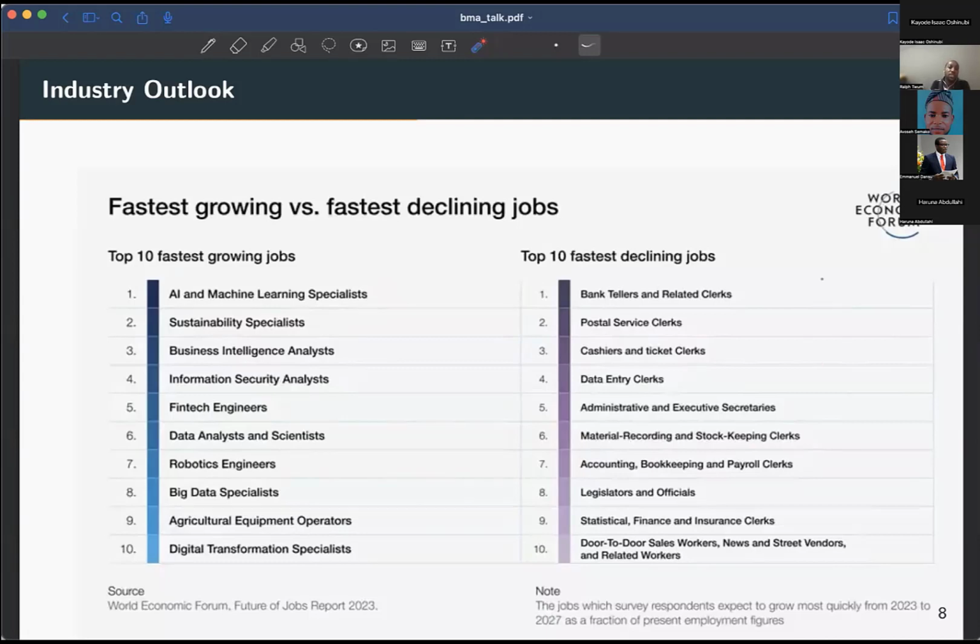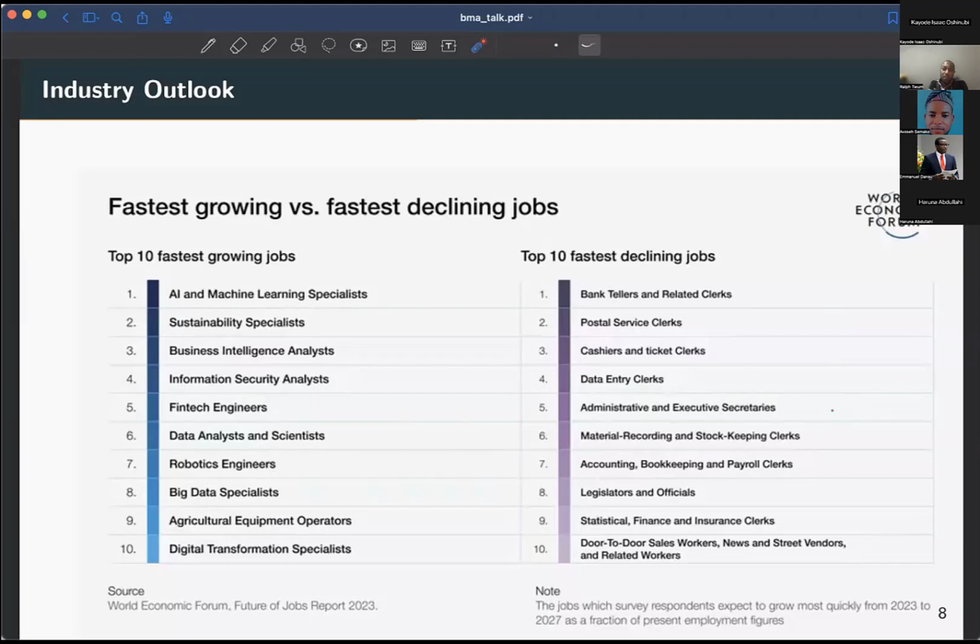And then you can look at the top 10 declining, and you realize that almost all of these things can now be automated, or we can use AI to reduce the burden. And so we have to look at this as we plan and as we go forward